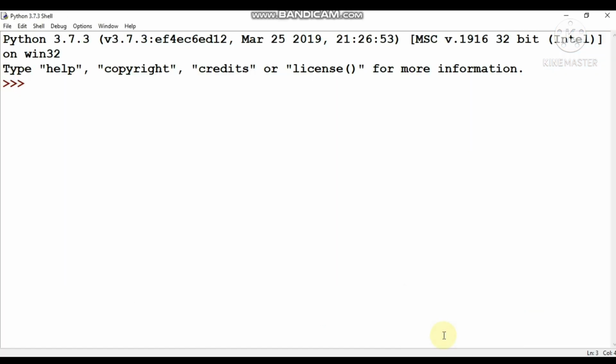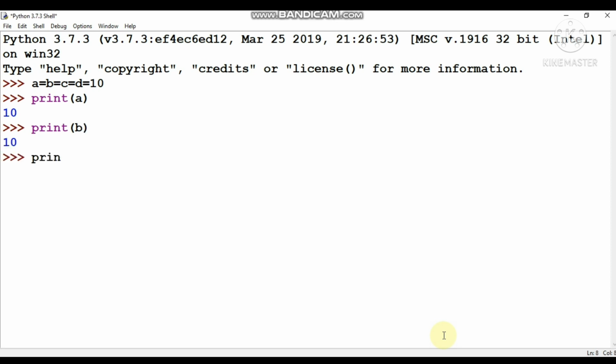Suppose here I'm going to write a equal to b equal to c equal to d, and I'm assigning 10. Then if you print a, you can see the value of a is 10. When you print b, the value will be 10.